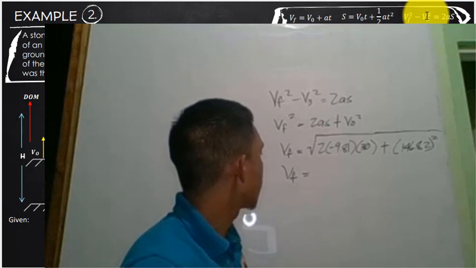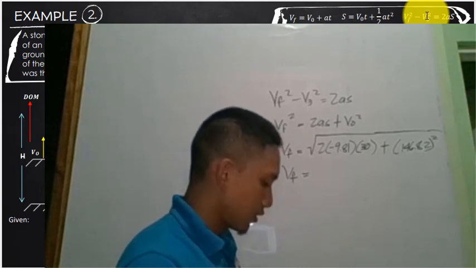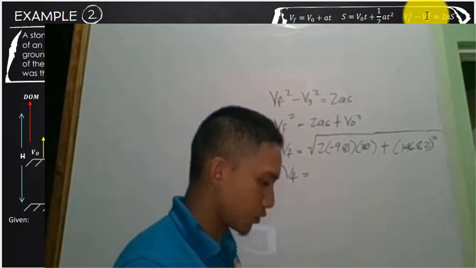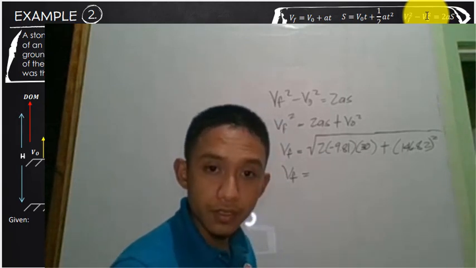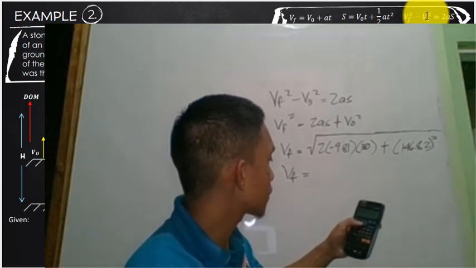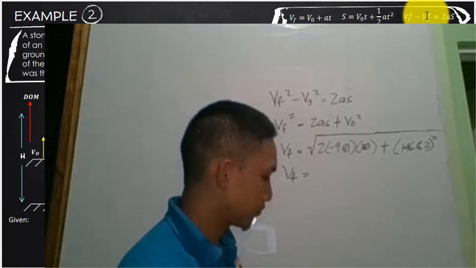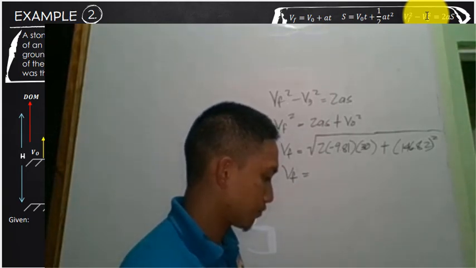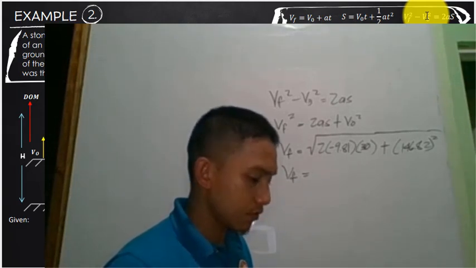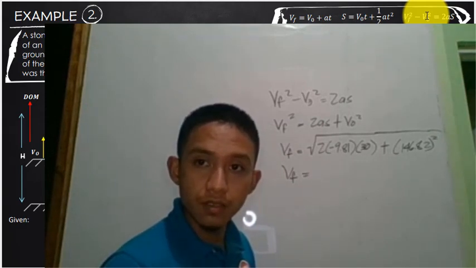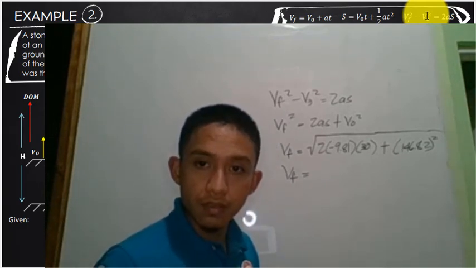The square root of it will be negative 2 times 9.81 times 30 plus 146.82 squared. So your answer there is